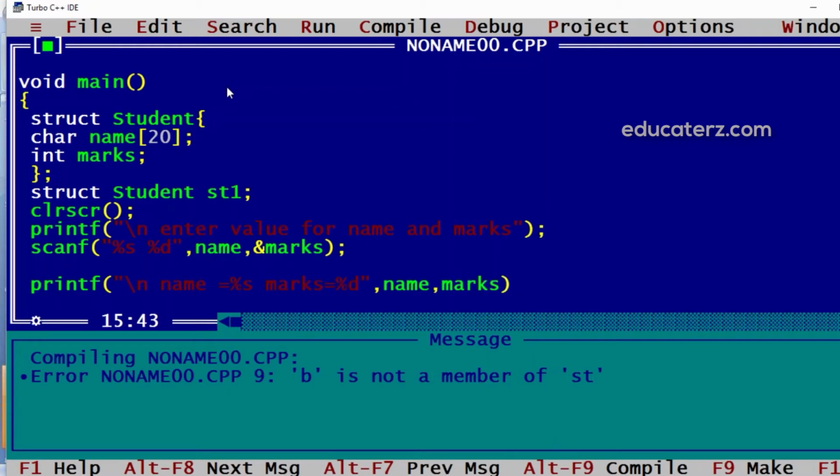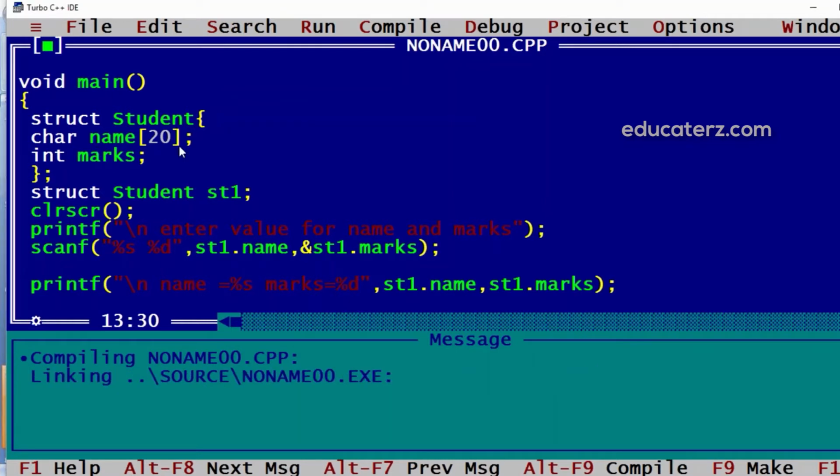Now this name and marks should be displayed with st1, that is the variable name. So st1.name and st1.marks. Because it's not a standalone variable, it is a variable under st1. So we have to give st1 dot. Dot is an operator which we can use to access the members of the structure.